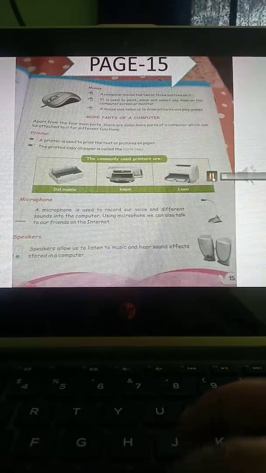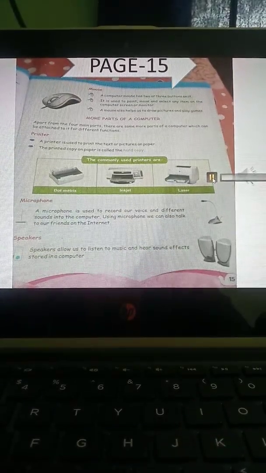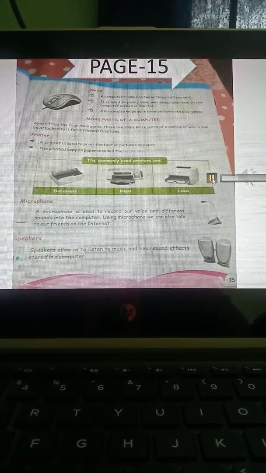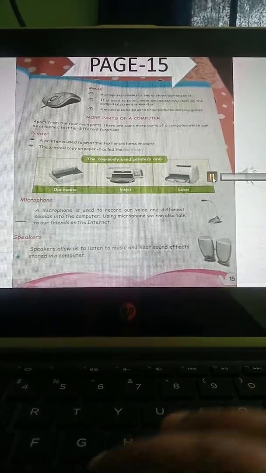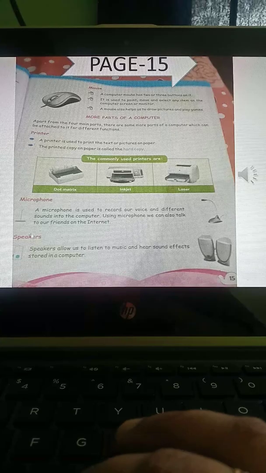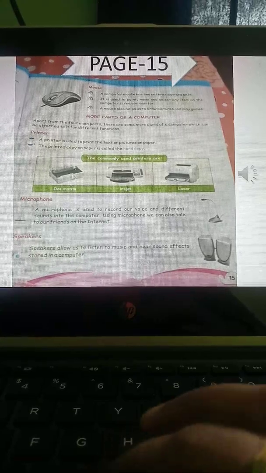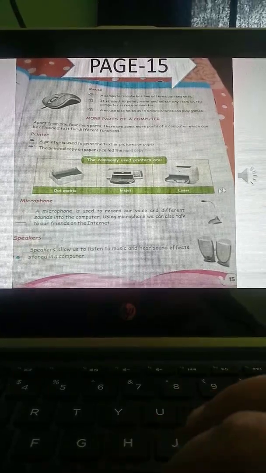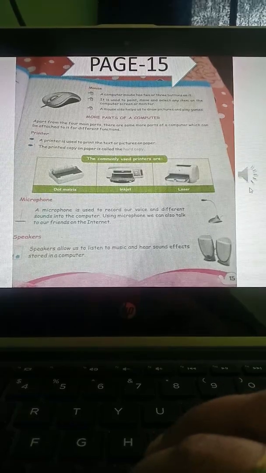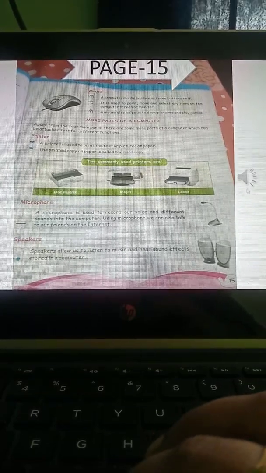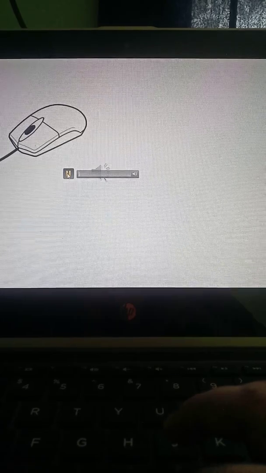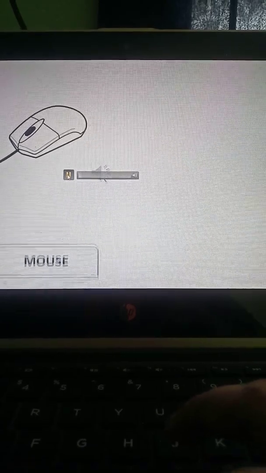So, on page number 15, it is given about mouse, printer, microphone and speakers. So, with the help of the next slide, we will know about the different parts of a computer. So children, the next part of a computer is the mouse.